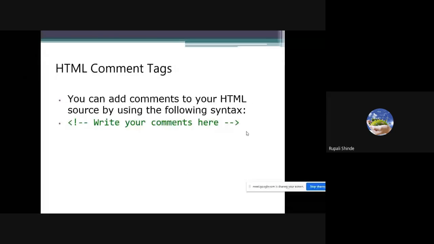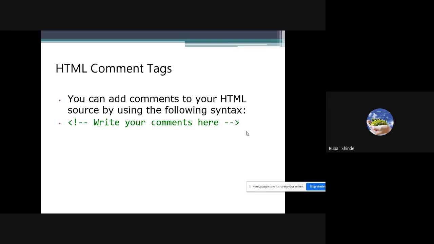Now, here is the HTML comment tag. As everybody knows, what is the use of comment in various languages? Up till now, in whatever language we have seen, we have seen how to write the comment. And what is the use? Basically, a comment is used to give additional information about your complete code, or to show some information which is helpful for the next party, so you have to write the comments.